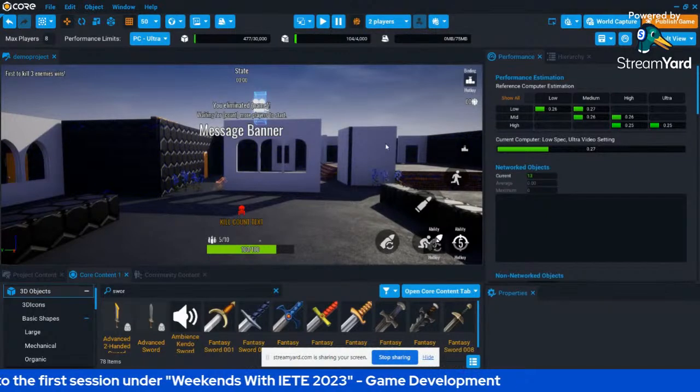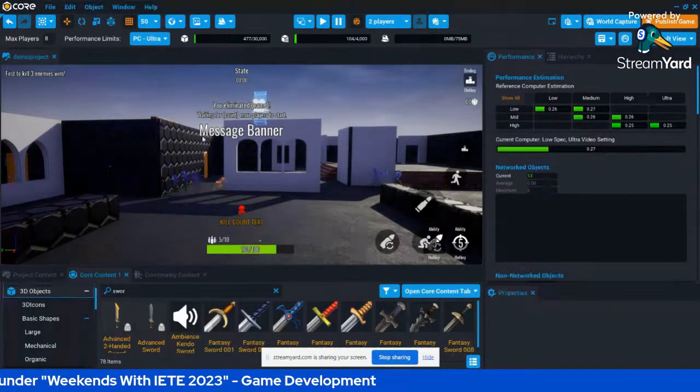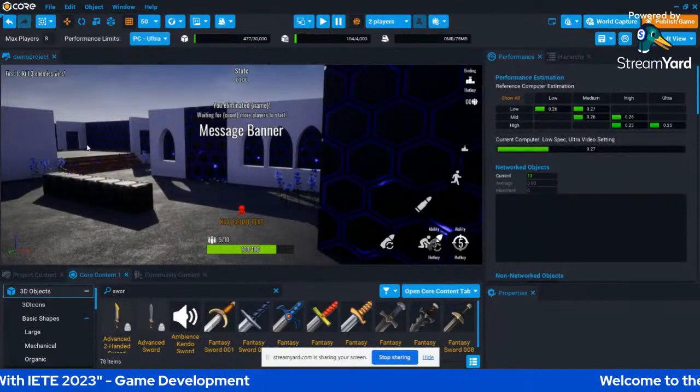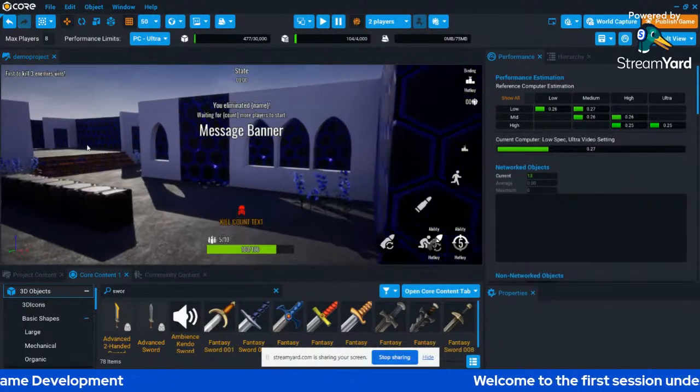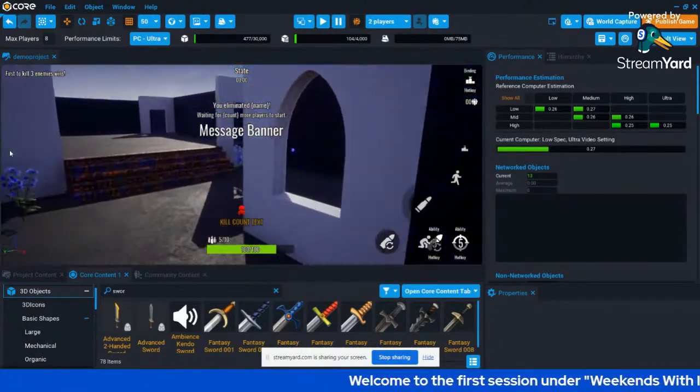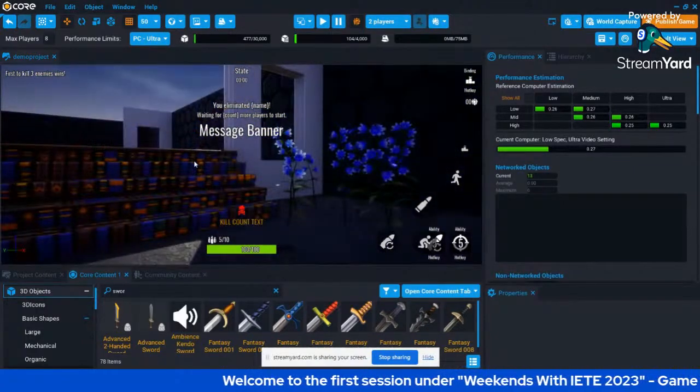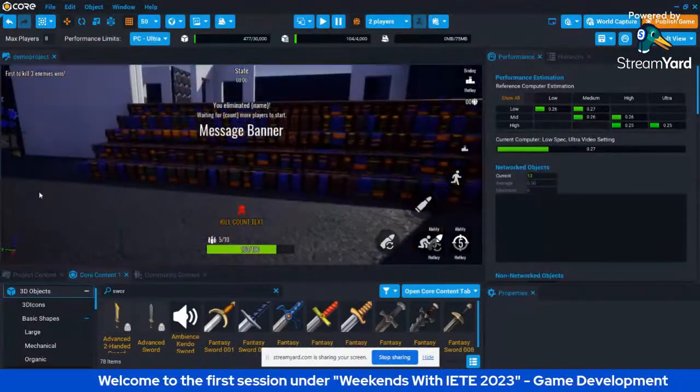So now we are almost at the end of developing our game. It was pretty easy because of the template, but when you design it using a blank one, you might require a little more time, but it's easy as well.